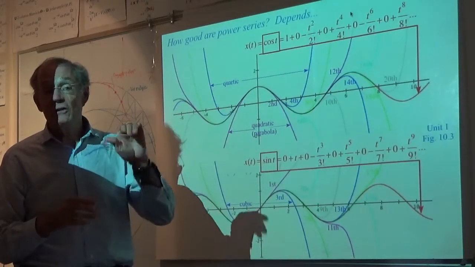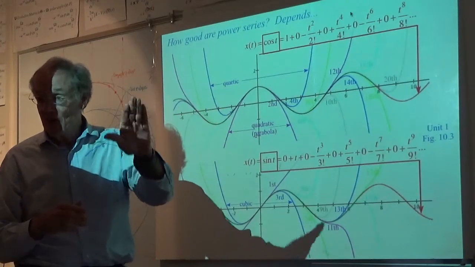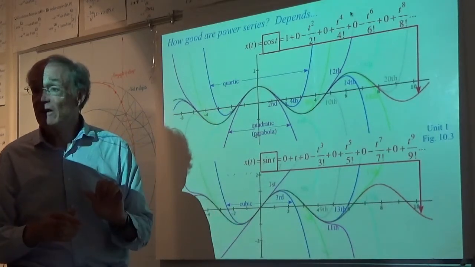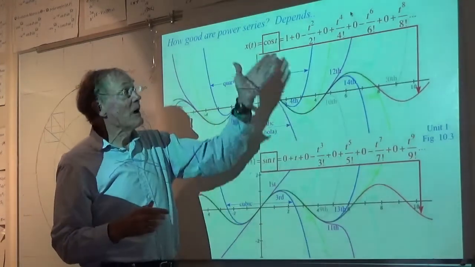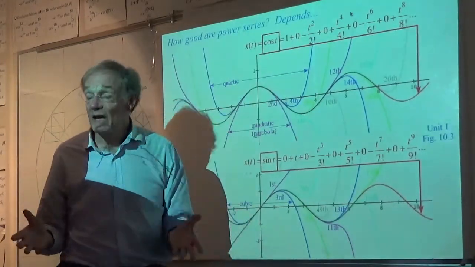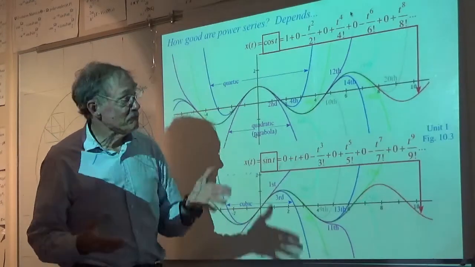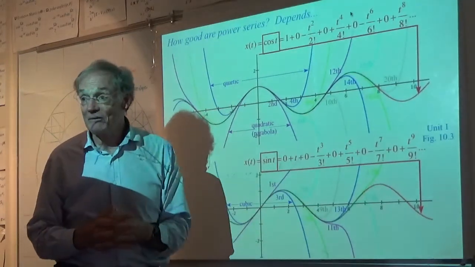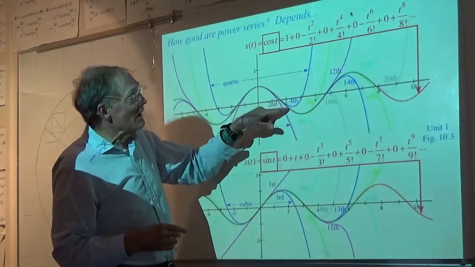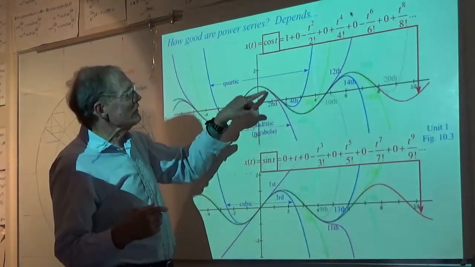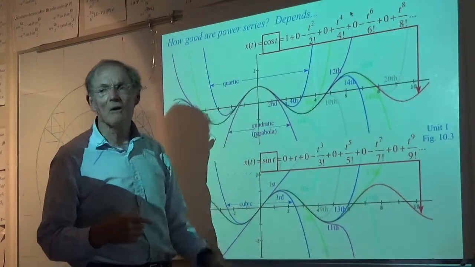Most of the things that come out of quantum mechanics are oscillatory, and to produce those with power series, what you get from perturbation theory, is problematic. If you go too far, it's completely wrong. But if you stick within certain realms,